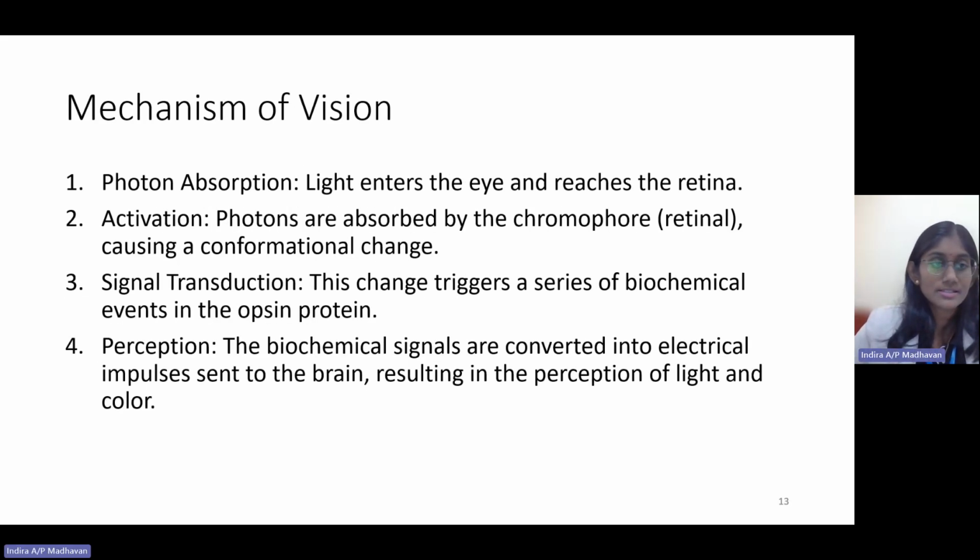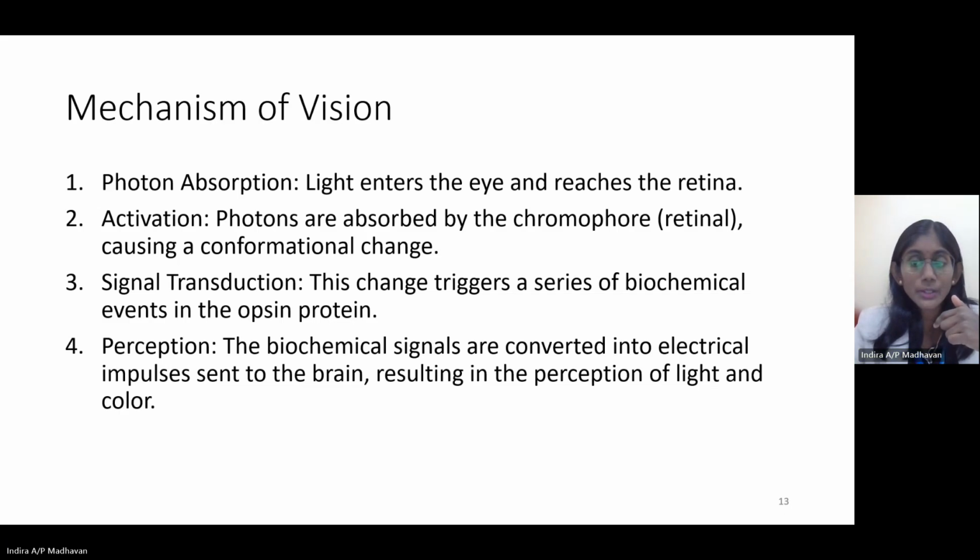The next one is the mechanism of vision. This is what I have been explaining just now. We're going to look at the process. First, photon absorption or light absorption. Light enters the eye and reaches the retina. Once it falls on the retina, activation happens. The light is absorbed by the